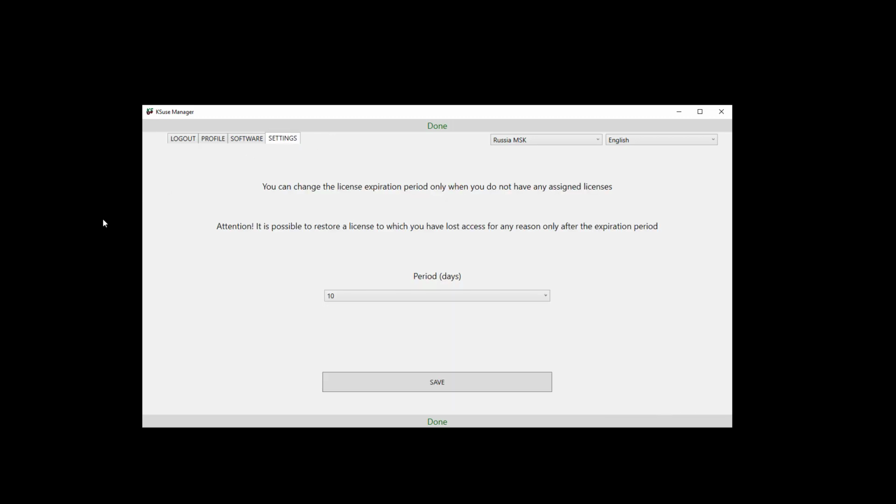Let's go to the last tab. Here, I can just change the period to any one that suits me better. It can be either 3 days or 9,999 days, that is, almost infinite. What is the advantage of a short period? In the event of a computer breakdown, we do not have to wait long so that we can release the license. That is, for example, I chose 3 days. 3 days after the breakdown, I can freely transfer the license to another computer.